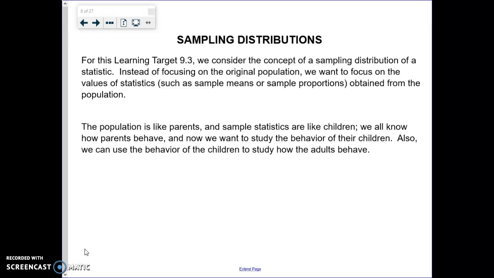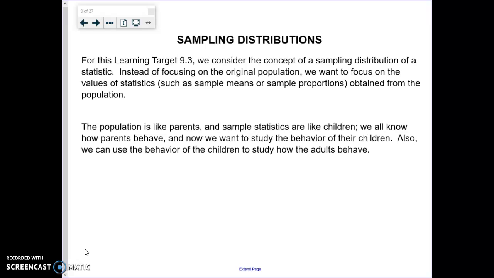So again, when we left off, we were looking at what we call sampling distributions. Again, what a sampling distribution is: you're not looking at individual values in a population. You're looking at samples of the same size and looking at some statistic, either the sample mean or sample proportion, for each of those samples of the same size. And then you're going to group all of those samples together. We were talking about the sample mean when we left. So we're looking at collections of samples of the same size and plotting, for instance, the mean of each of those samples, as we did in class before we left.